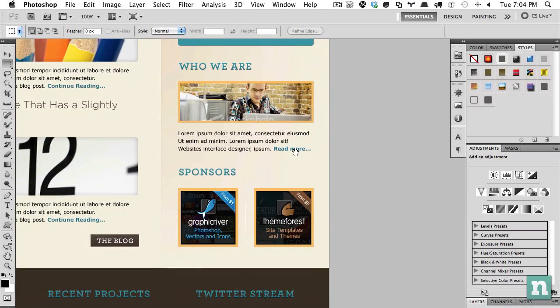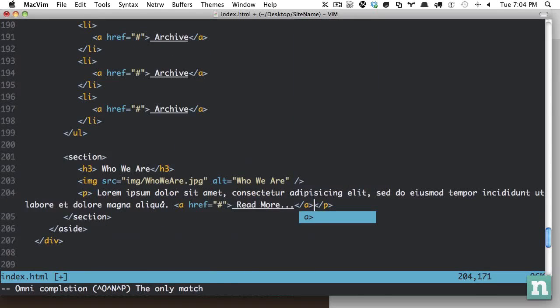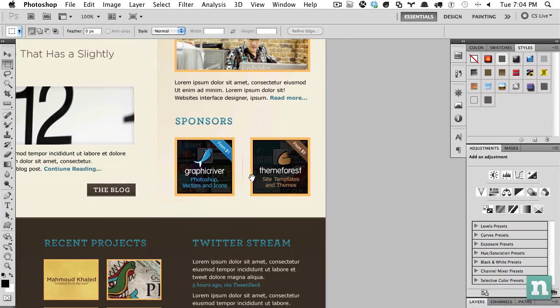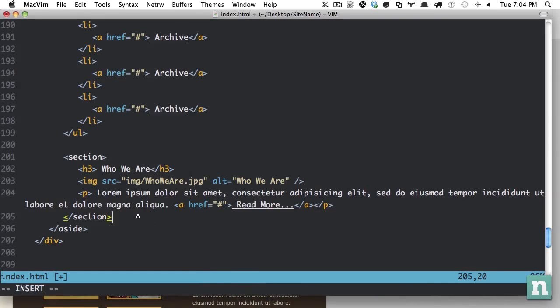Next, let's scroll to the bottom, and we do have this read more link, so I'll add that right now. All right, so let's come back again, and now I need to create the sponsor section. So we have a heading, and this will have a list of our sponsor images. Very common, even NetTouch has this. So we'll do another one,